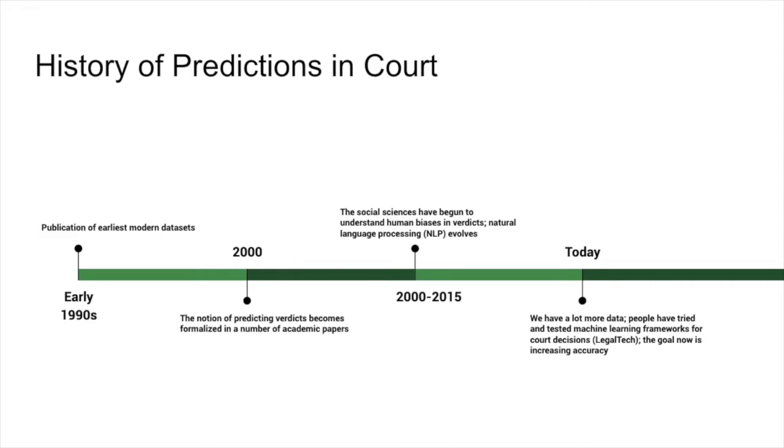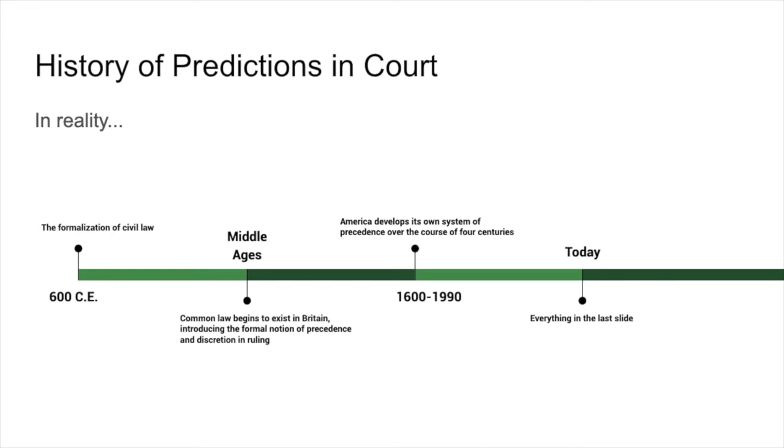It's a field called legal tech, and the goal is now to increase accuracy of predictions. In reality, the history of predictions goes back way longer. Here we are today, right? Everything on the last slide belongs over here, but the history stretches back to 600 CE, with the formalization of